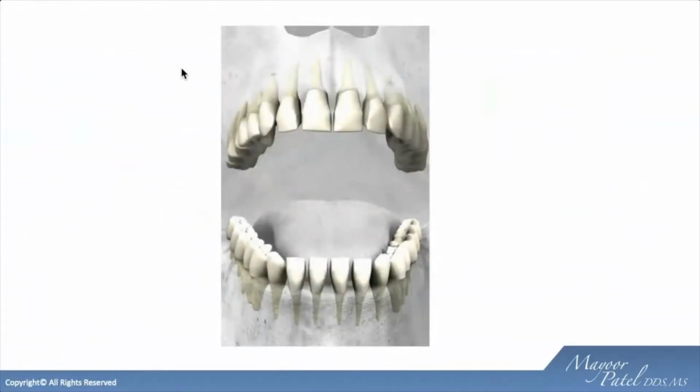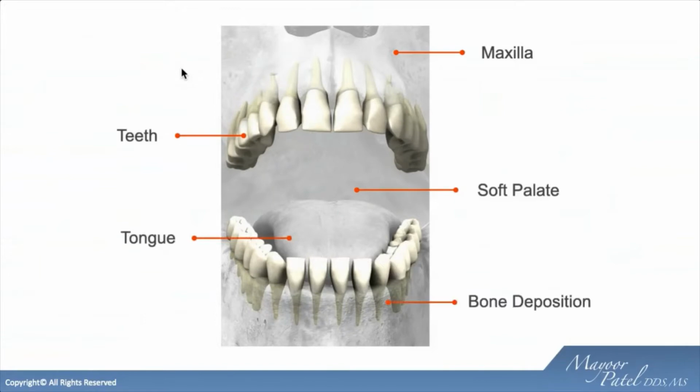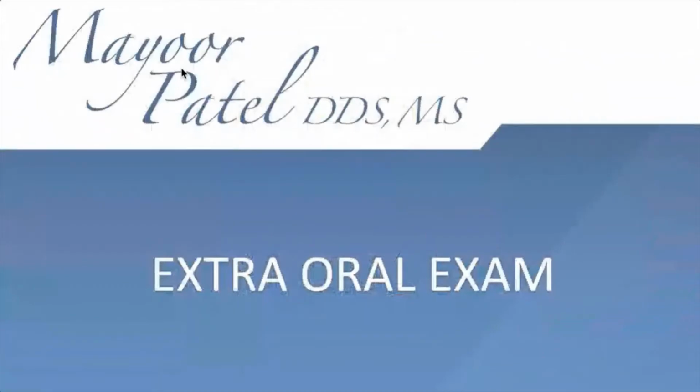We look down people's throats, we look through the teeth, and we kind of get a sense of what's going on. And every one of these areas has a significant amount of clues that can point us in the right direction. So we'll explore these various areas and get a sense of what's in these 5 general categories of the oral cavity that could strongly support that the individual may have some form of a sleep breathing disorder. But before we deep dive into it, let's just talk about the extraoral exam.